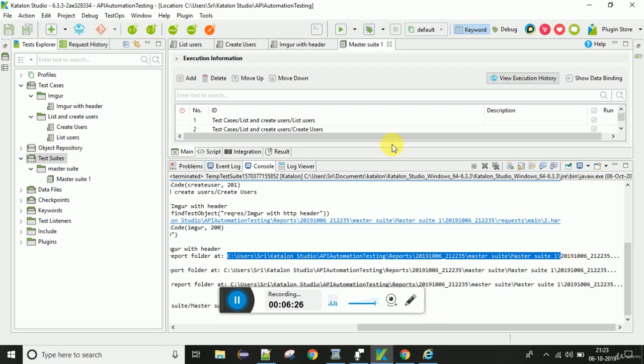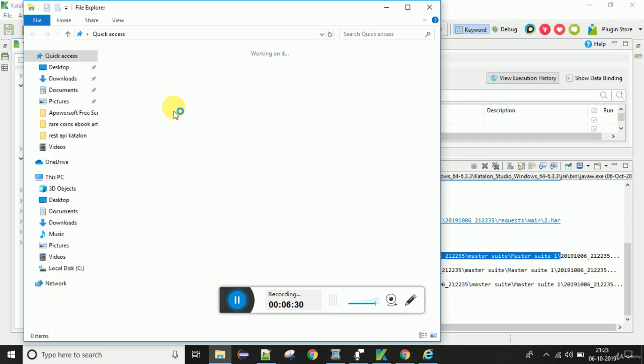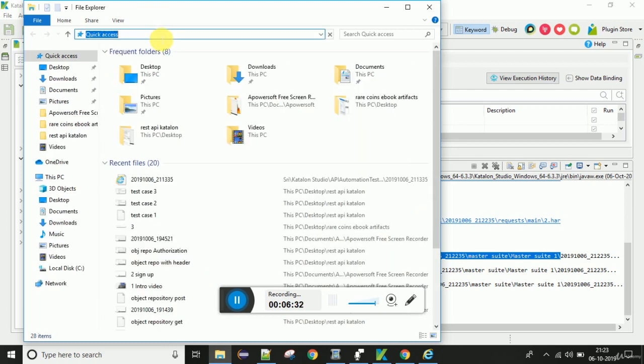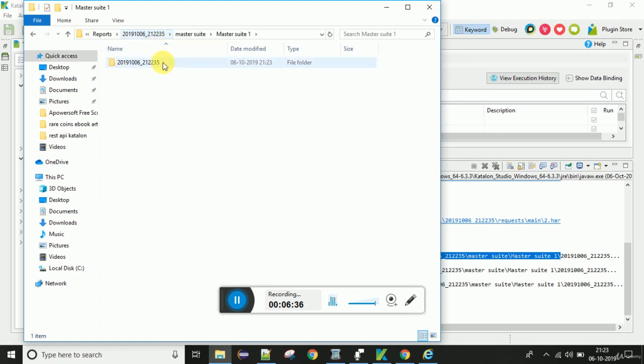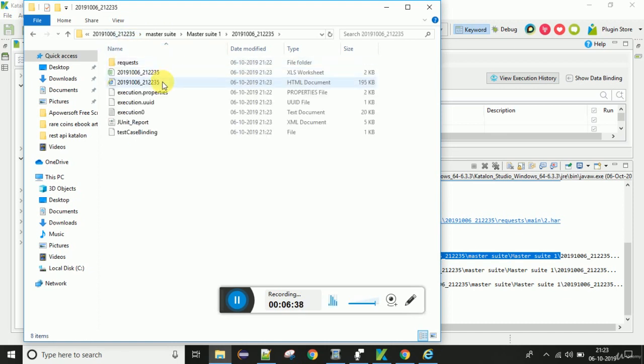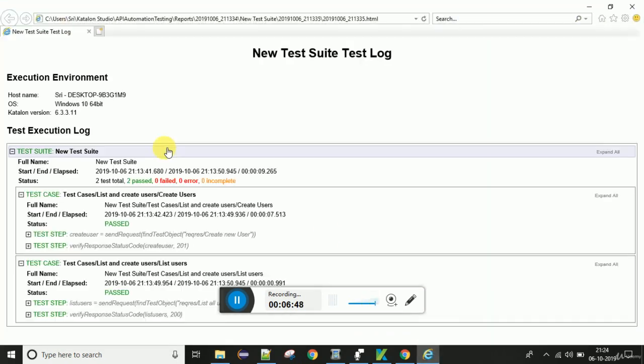I am copying this path, and I am going to that location. Inside this location you will see CSV reports, HTML reports and JUnit report. This is one of the HTML reports we have executed so far.